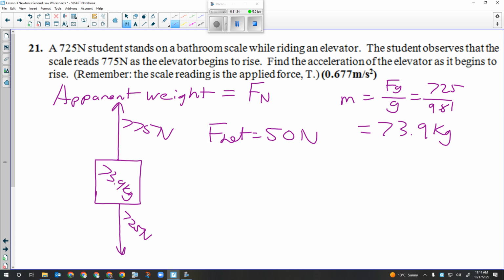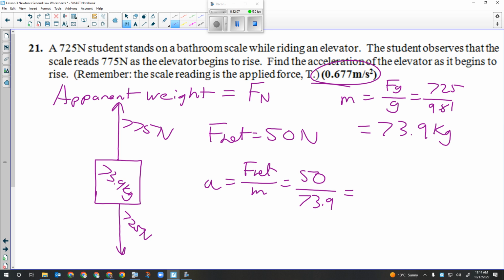Can I calculate the acceleration of the elevator and the person in it? Yes. Okay, so 50 over 73.9 should give me 0.677 meters per second squared up. Should have a vector on that answer. Okay? Now,